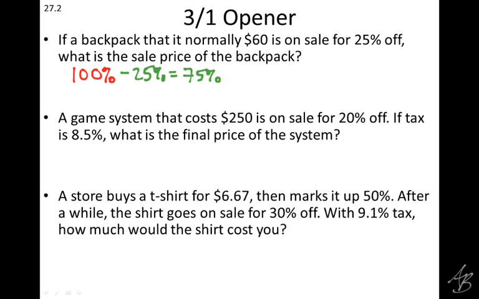All right, so we change this percent to a decimal by dividing by 100, and we get what? 0.75. All right, this number right here has a special name. What do we call that? It's the multiplier. And why do we call it the multiplier? Because we're going to multiply it by something, right? What do we multiply it by? By the original price. In this case, the original price of the backpack, which is $60. So we're going to take the original price, multiply it by that multiplier, 0.75, and that should give us the sale price of the backpack, which is